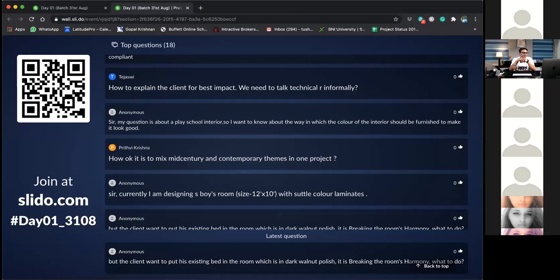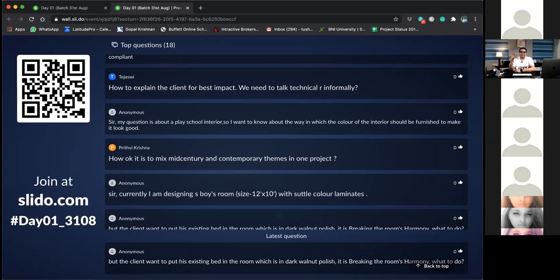Okay, and Prithvi says, how okay is it to mix mid-century and contemporary themes in one project? Prithvi, if you are asking about mid-century, I think you are asking about a kind of classical style, wherein it was not actually classical, but a lot of classical elements were used, and sofas used to have sleek legs and so on. You can mix this. It is a kind of fusion interior, but you need to be very careful and take a more research-oriented approach when designing it.